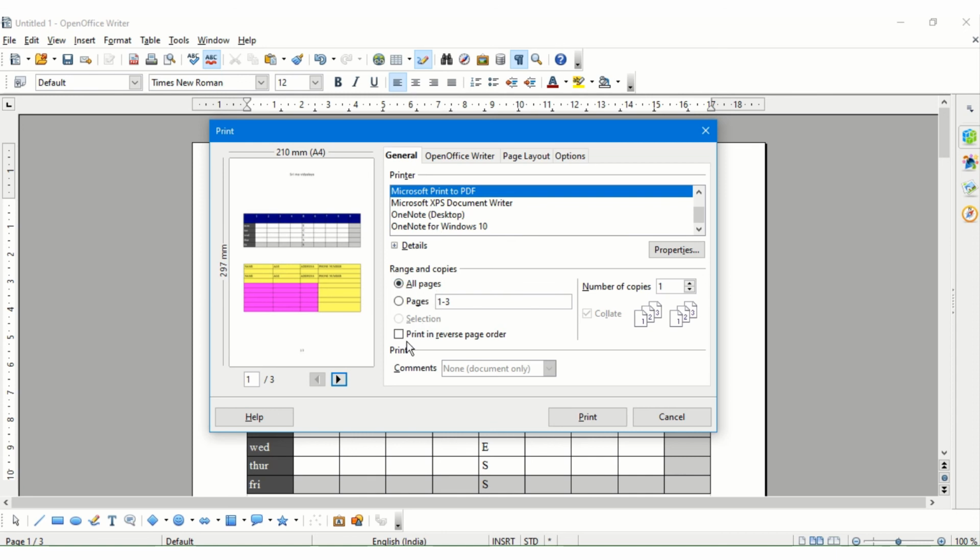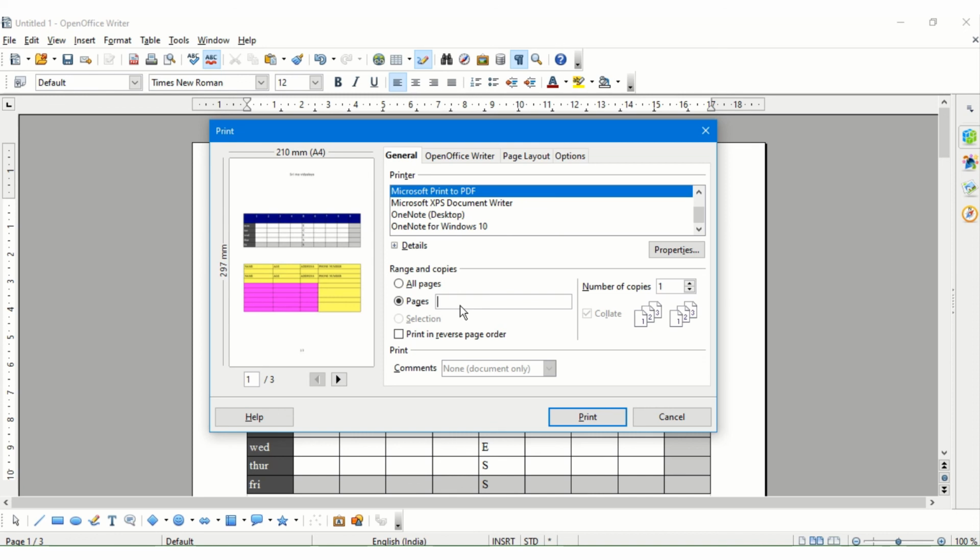Now what about printing? The range and copies, this is very important. If I click on All, it means all the pages of the document get printed. So all the 3 pages get printed. Now if I want only a specific page, say only page number 3, then if I click on page number 3, only page number 3 gets printed. Now suppose I've got 20 pages, but I don't want to print all the 20 pages.